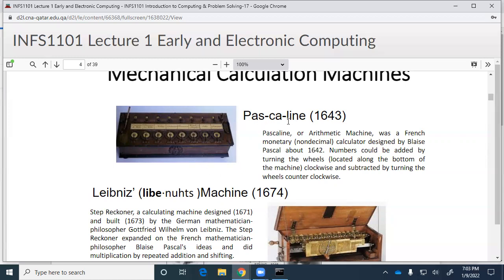Now, it was named after Blaise Pascal, who was a French mathematician, a really smart guy. He was a philosopher mathematician. A lot of these really smart guys, just a few hundred years ago, did a lot of stuff, not just mathematics. He's making machines to do the mathematics, and he's also doing philosophy. You may have heard of Pascal's wager. He was a really religious guy.